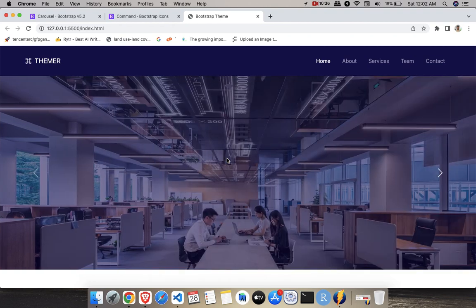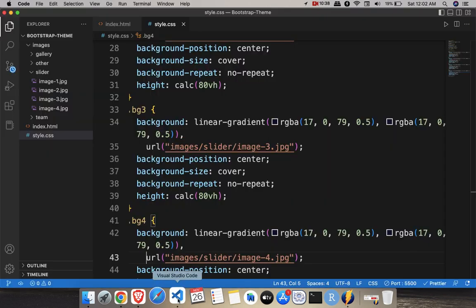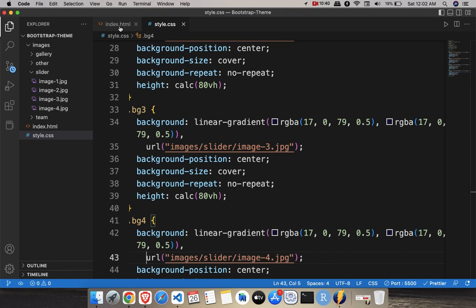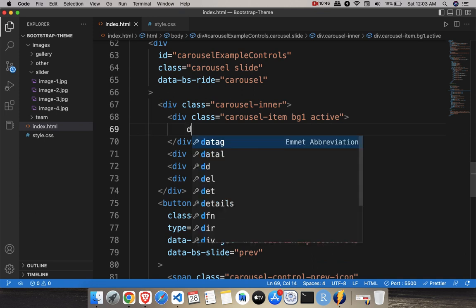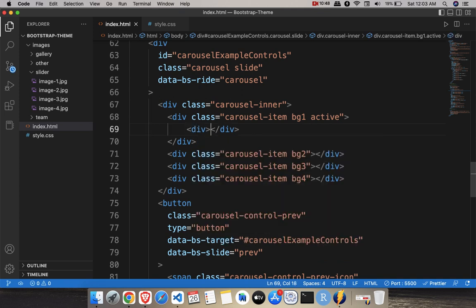So what you can do, you can customize it. Now I'll tell you how to customize it. Come to your HTML code and each slider item, this is my first slider item, inside the division, create another division tag and write one custom class. It's your content which you want to show. So I'll name it as my caption